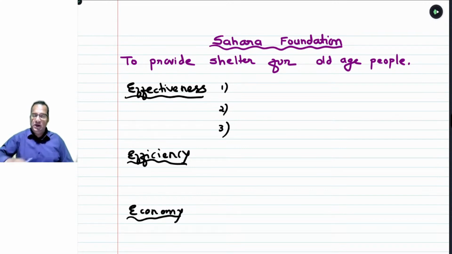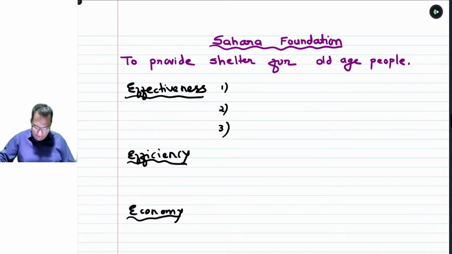Absolutely beta, this can be in the surrounding area. Suppose we are located in Indore, right? So you have to check in the vicinity of Indore how many people need shelter. Out of that, what percentage of people we are accommodating. Suppose 1000 public, senior citizens, are homeless according to a survey by a reputed organization. In our organization 150 people are already staying. So out of 1000 we are providing shelter to 150. This will tell us how wide our reach is. Very good.